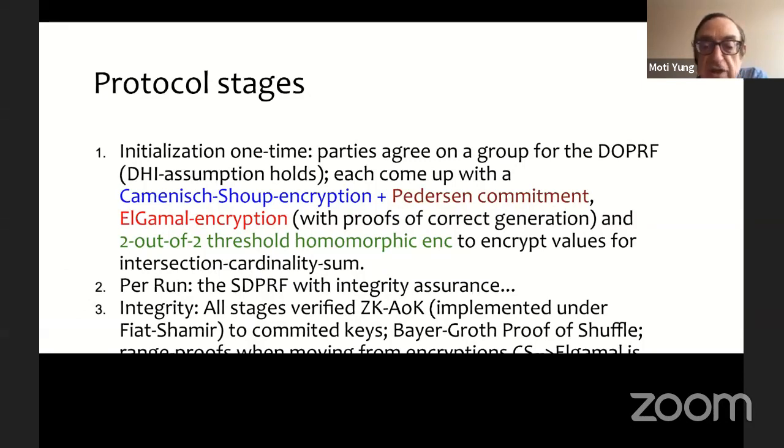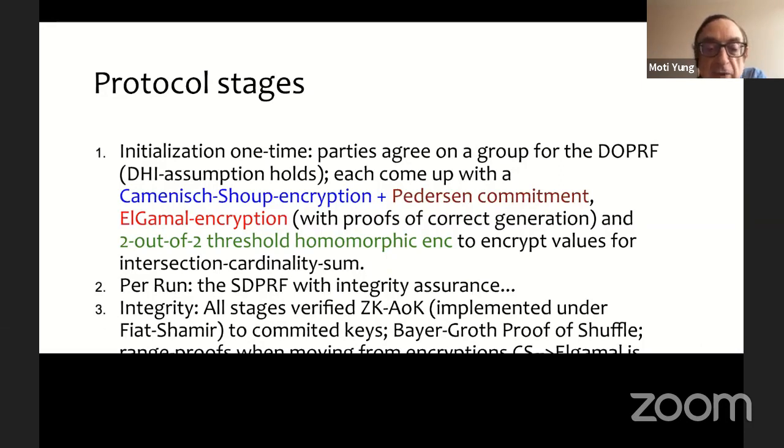For the implementation, it was done for efficiency under the Fiat Shamir, and we have the shuffle proof. We have range proofs because the ranges of the choice of the parameters are important for the blinding and so on.